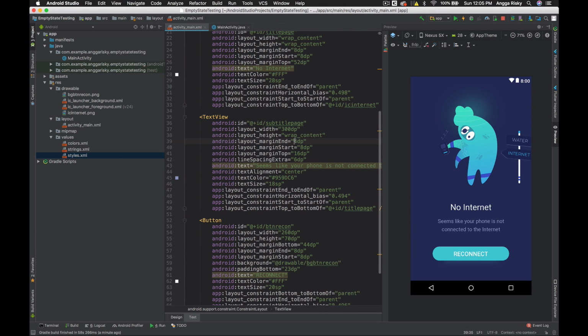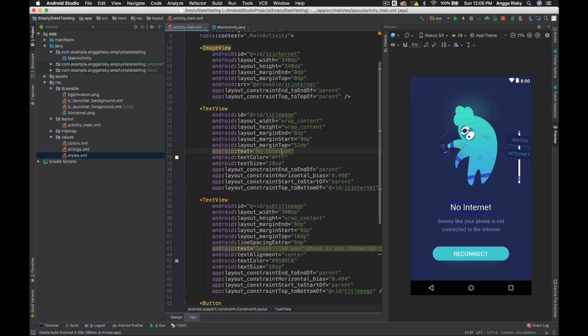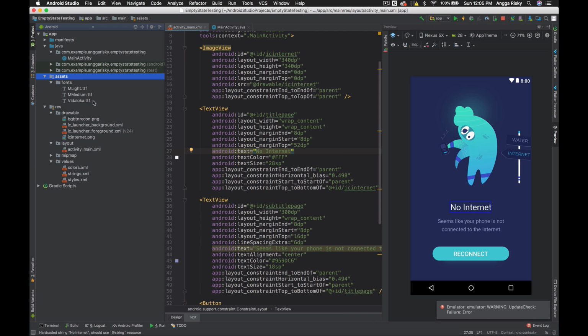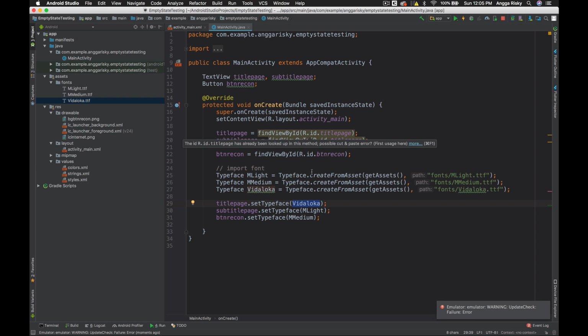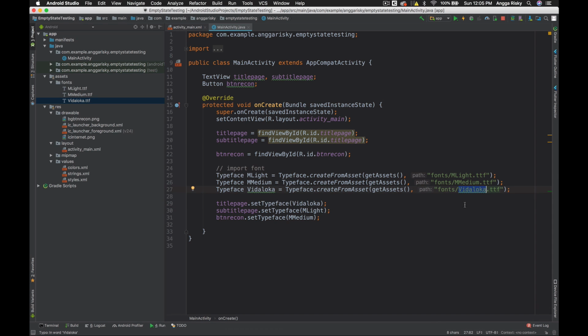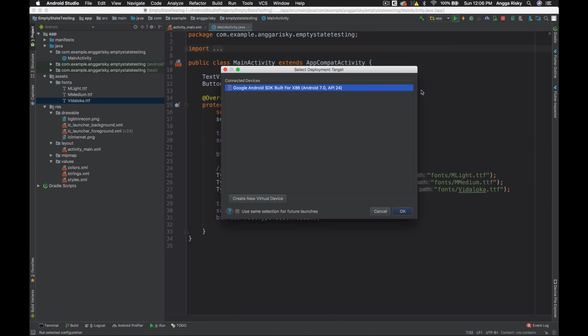This is a subtitle, and then this is the title page. Okay, in the assets there's Vidaloka, and then we're supposed to give the Vidaloka to this one and this one. So I forgot to change this one to the subtitle page. Okay, so we're gonna run again into the emulator.